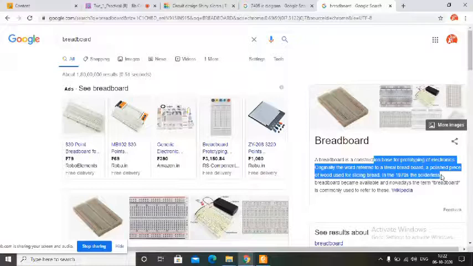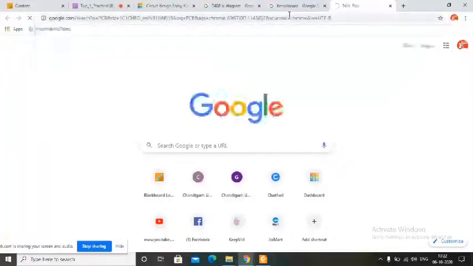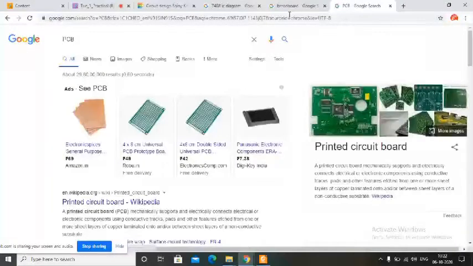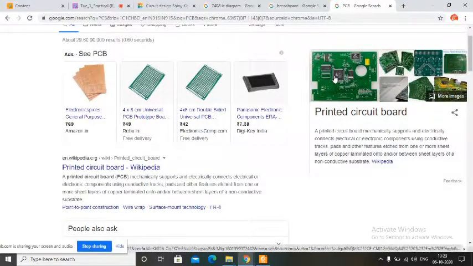If you open any gadget, like a mobile phone or laptop, there is a PCB, right? PCB basically is a printed circuit board. On that, we actually solder all the components, so they get permanently attached, right? If we want to desolder them, then we need the desoldering wire and all that, right?